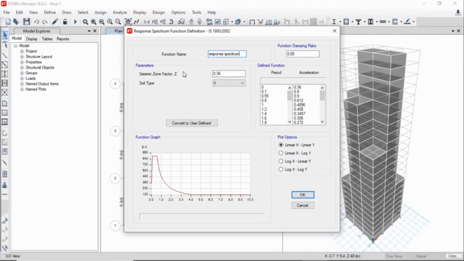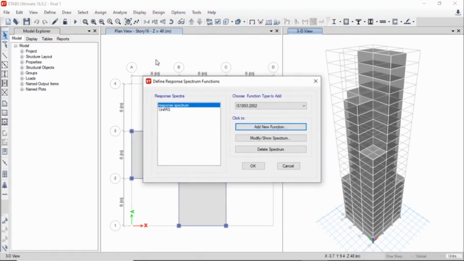Now the seismic zone factor that we had previously seen is 0.1 and the soil type is 2, that is medium. So we'll click on OK. You can see a response spectrum function has been added. Now we'll click on OK again.